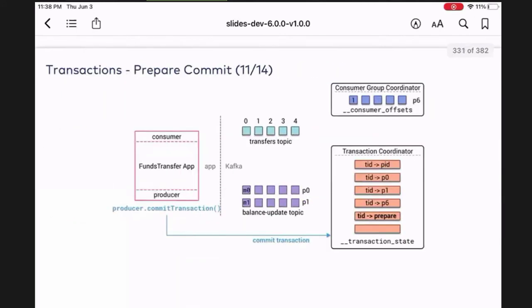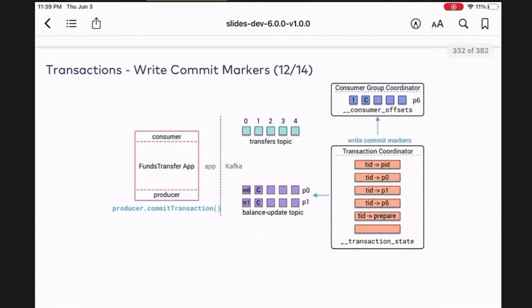And then this one here. At some point, let's say you say, okay, I'm ready to commit the transaction. Notice that the transaction coordinator keeps track of everything. It says, look, I'm preparing to commit, right? I mark the transaction as preparing, because at some point I will have to commit or abort. And then you will see special messages that Kafka will write to the log. We'll go to this picture. In this particular case, it writes these commit markers to the log.